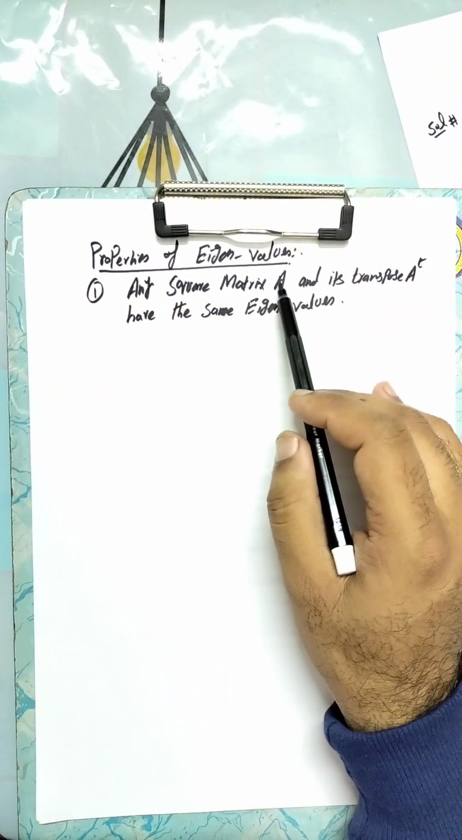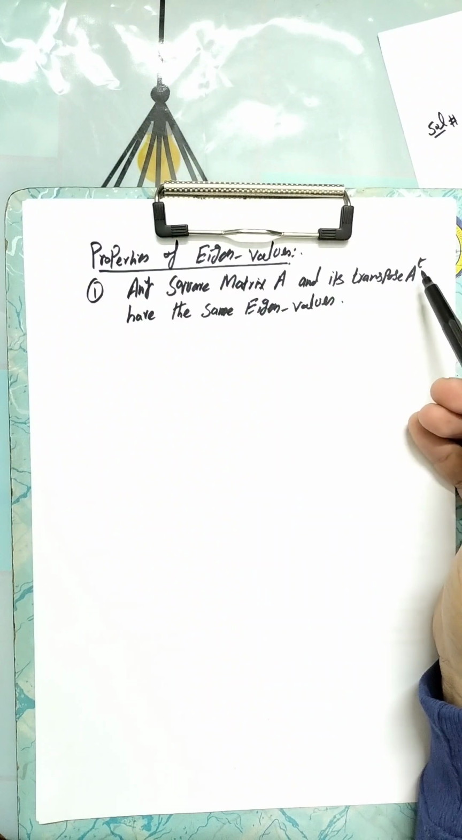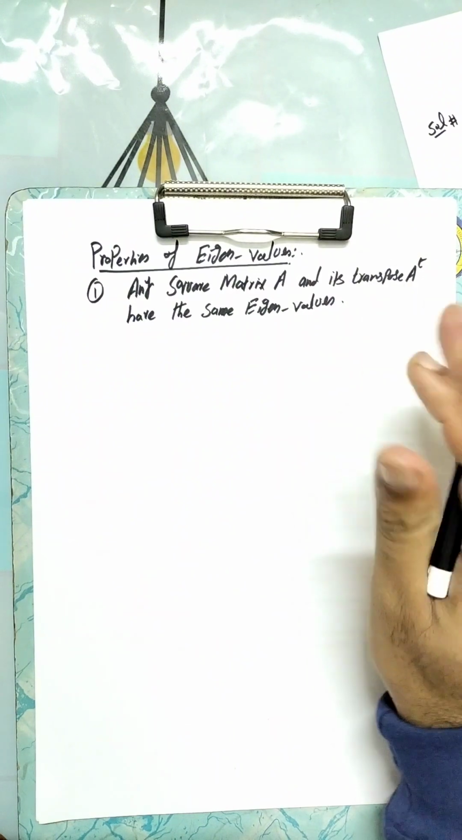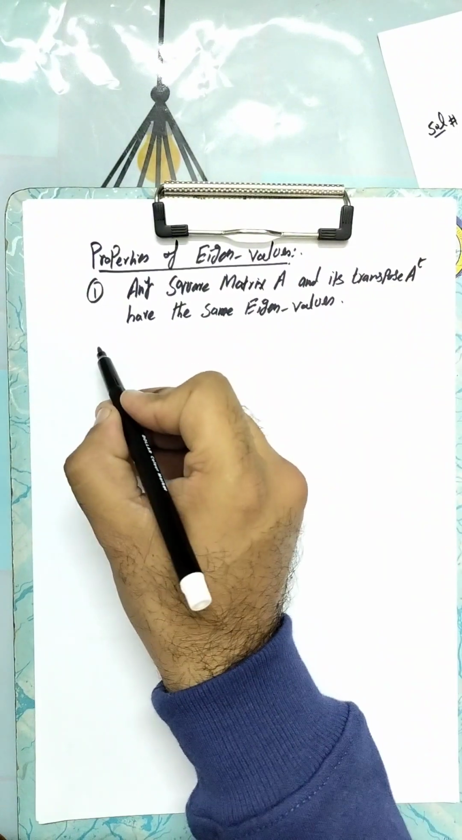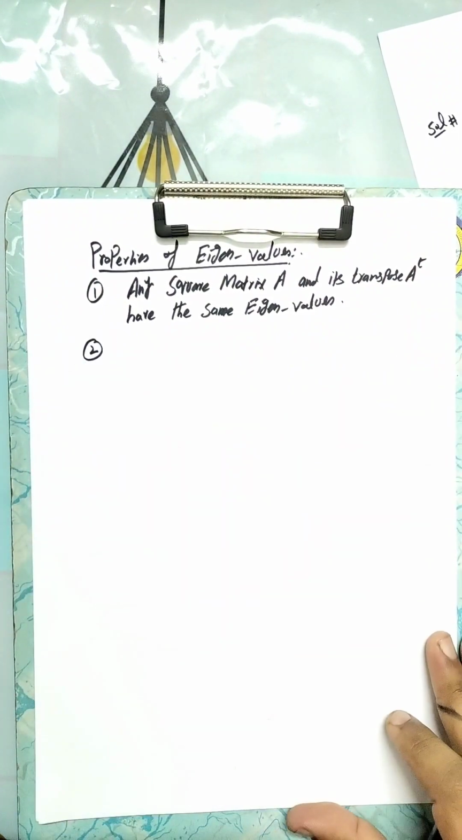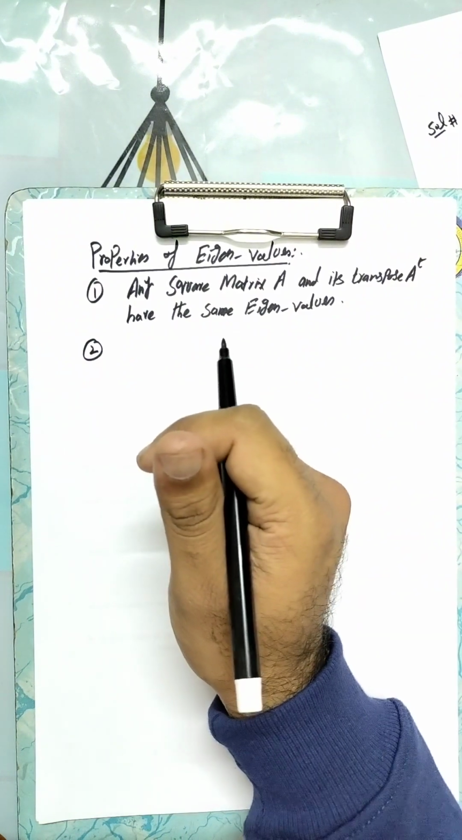So if we have matrix A, or we take its transpose matrix, then we have the same eigenvalues. So this is the first property, and the second property is sum of element of principal diagonals,